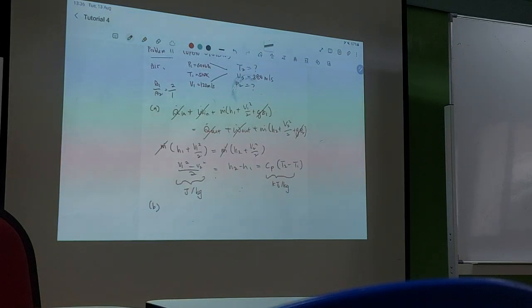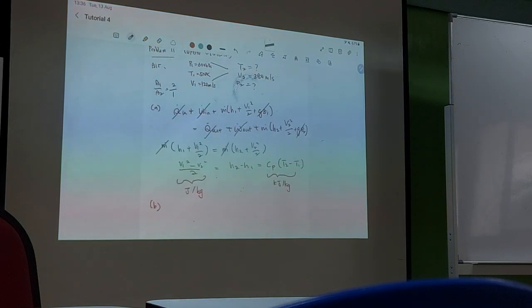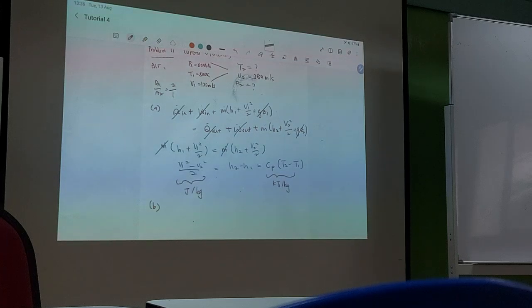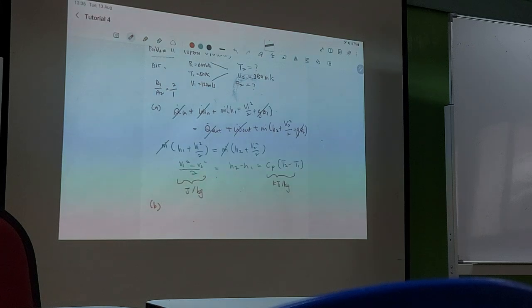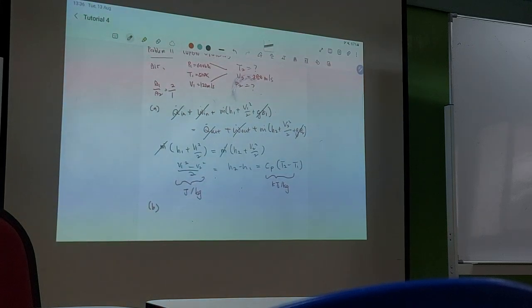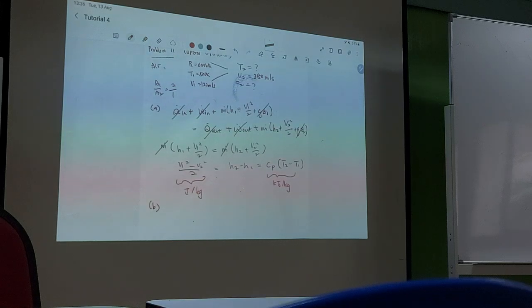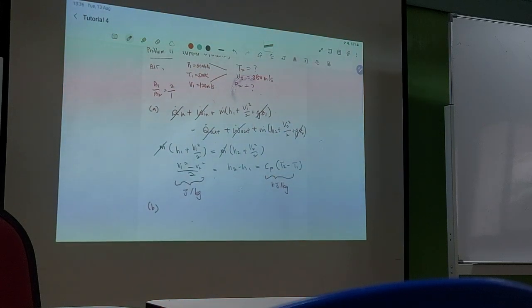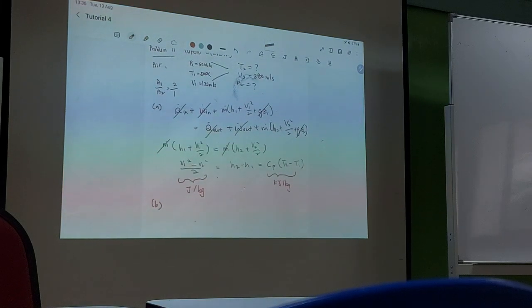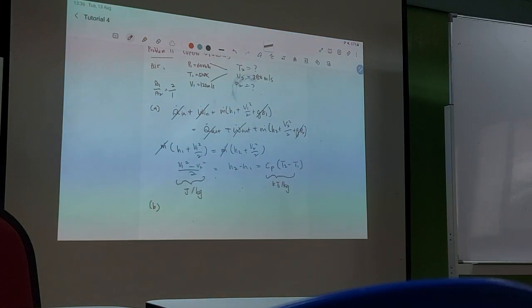No, in this case, it's not PV equals mRT anymore. Even though you have P, you have V, you have T, you can use the ideal gas law, but in this case, no. Yes, this case is mass flow rate. Always remember as well: mass and mass flow rate are constant in our case. This will be the opposite. Actually, not really opposite, but what we do here is kind of the opposite of